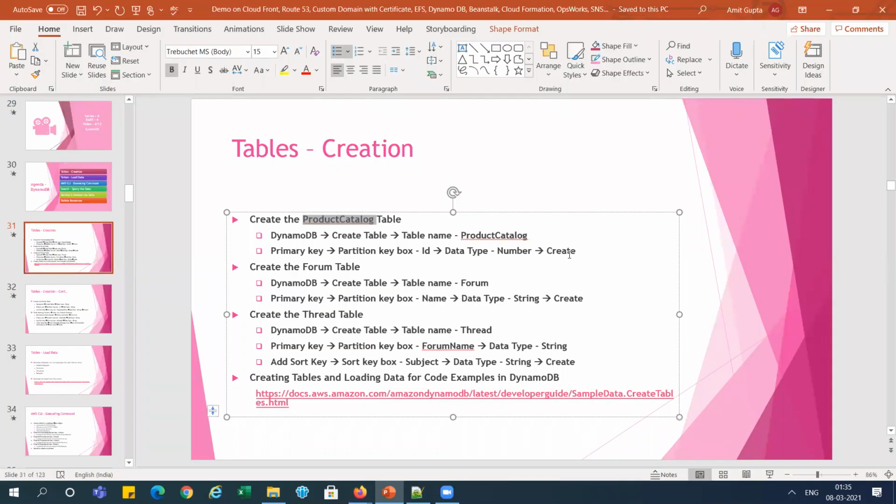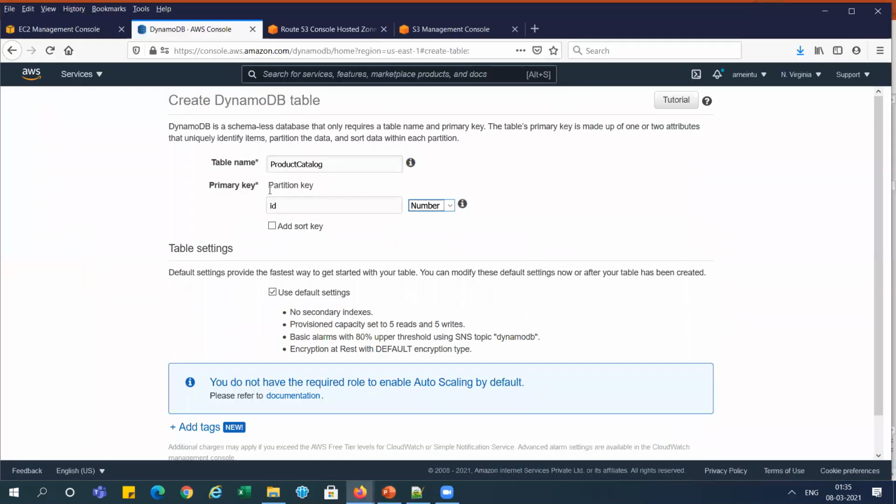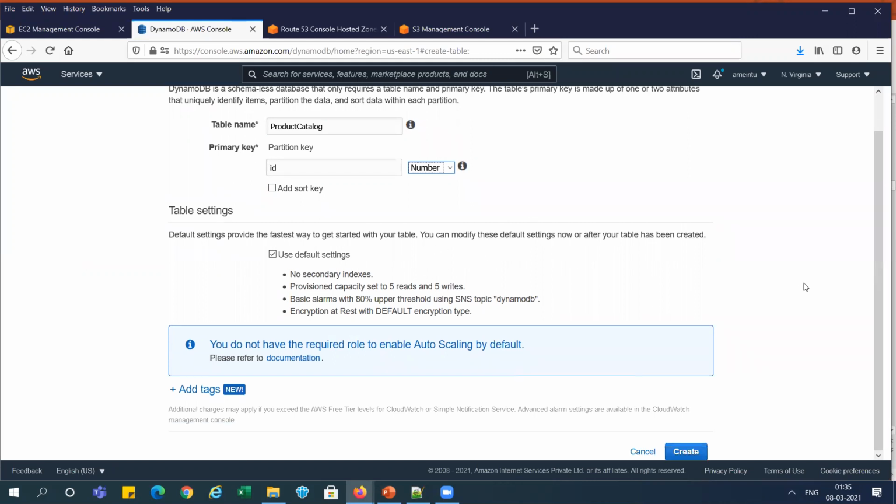And we need to create it. This is the primary Id we are creating. We'll just go with the default settings. You can use the default settings, or we can go and change them. In this table, I will deselect this and we will check the other options also, right? So we just need to go and create it.